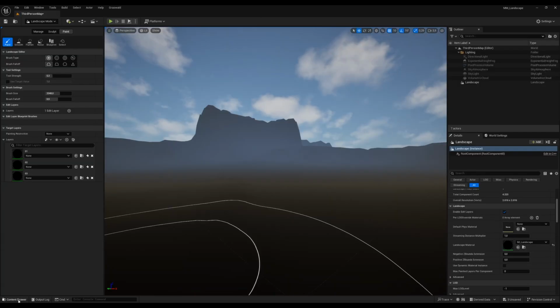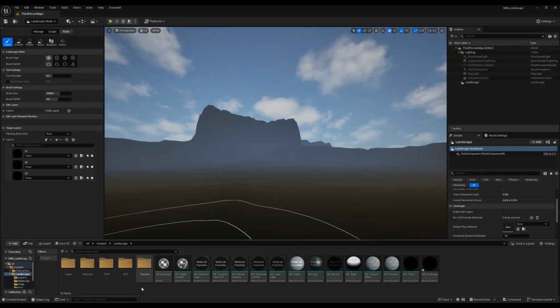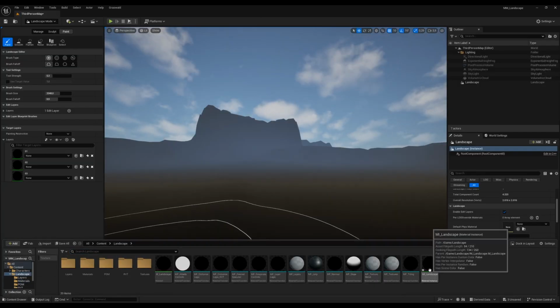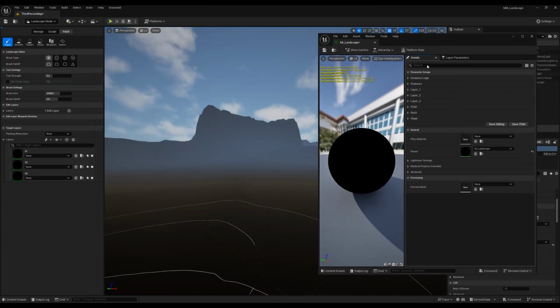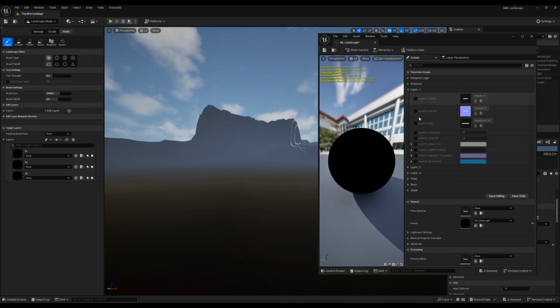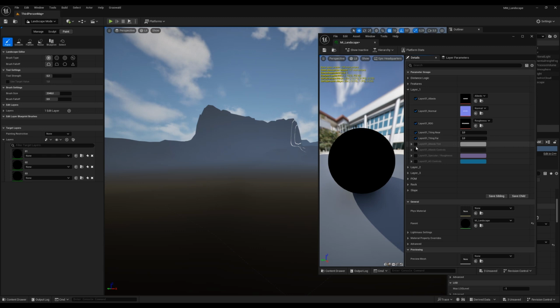So once you have that, you can go back to your content drawer here, and you open the MI landscape. And once you did that, you can just put it here next to our landscape paint layer, and you open the first layer. So the first layer would be your main material. Just activate the albedo, the normal, and the RDO. You should also activate everything else like tiling near, tiling far, the albedo tint, albedo controls, roughness, and the AO